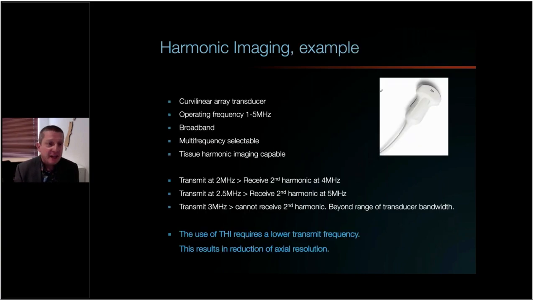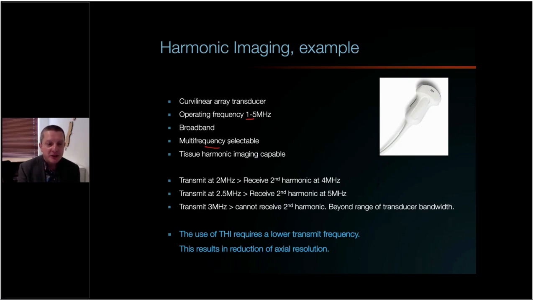So let's take a clinical example of a sonography using a curvilinear transducer such as the one shown. This you can see is a broadband transducer operating at frequencies of 1 to 5 megahertz. It is a multi-frequency selectable transducer. Almost all ultrasound machines now allow you to do that, to actually choose the bandwidth within which the transducer will operate, either towards the higher frequencies, offering better spatial resolution, or operating towards the lower frequencies, in which case it